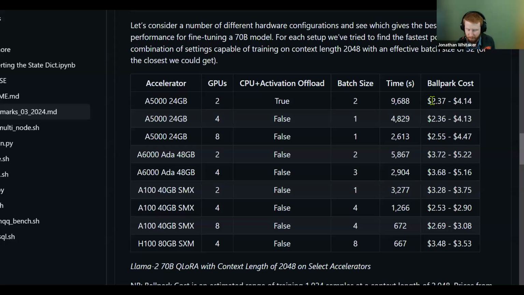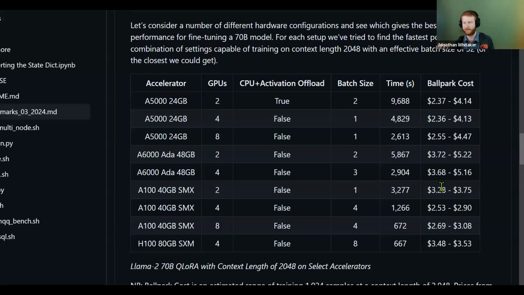So this ballpark cost, I was expecting a huge variance, right? Because I'm training on 4 H100s, which is like $12 an hour or something like that. That's crazy. But then it takes 600 seconds, versus training on 4 A5000s, much smaller, much cheaper GPUs, which takes like 10 times as long or 5 times as long.